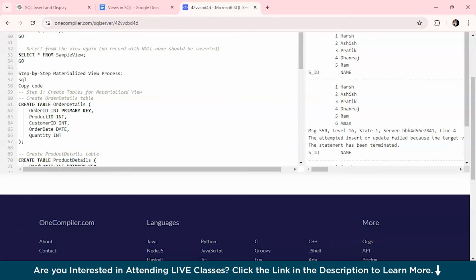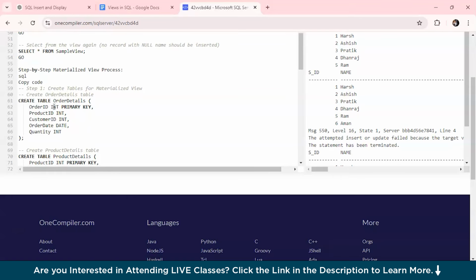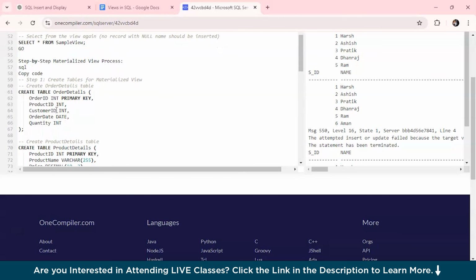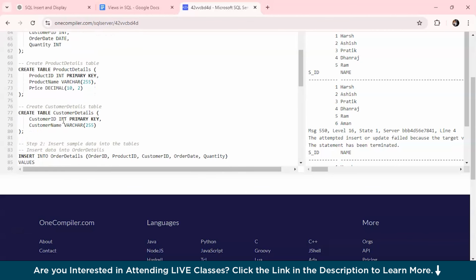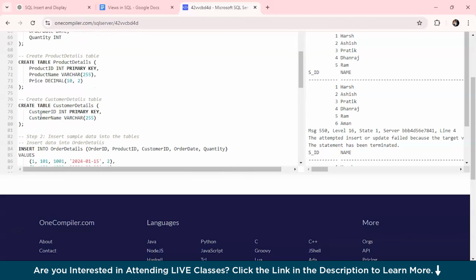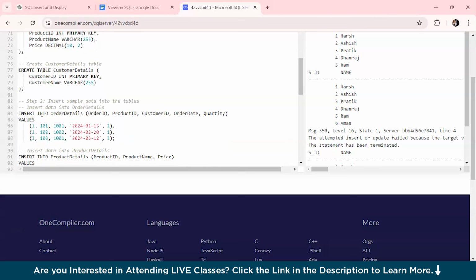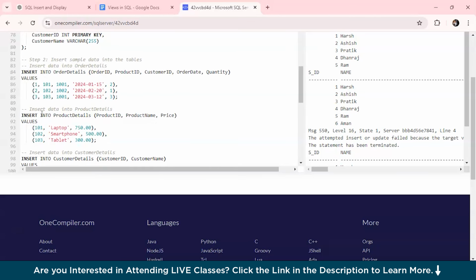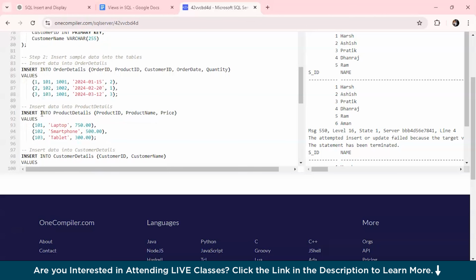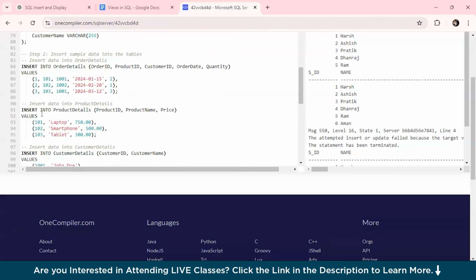Alright, so as you can see, we have created three tables: the order details table, the product details, and also the customer details table over here. And then we have provided the necessary data also. The second step was the sample data is inserted into all the three tables. The materialized view fast order summary is created to summarize orders, joining data from the three tables and computing the